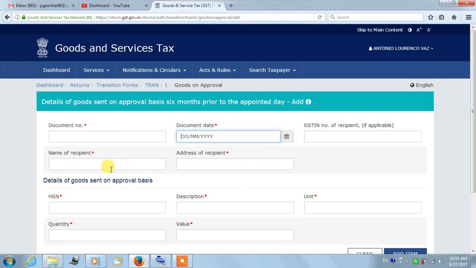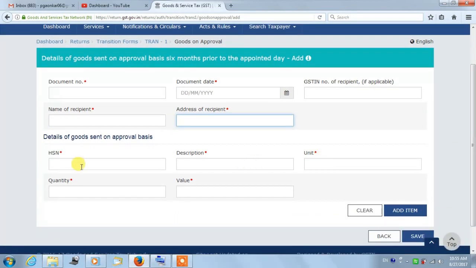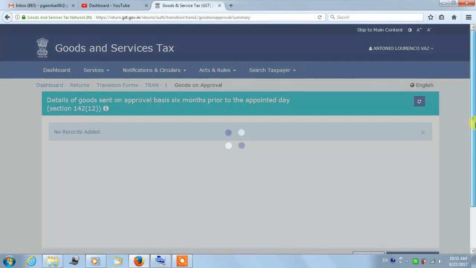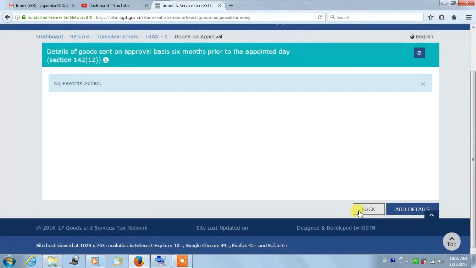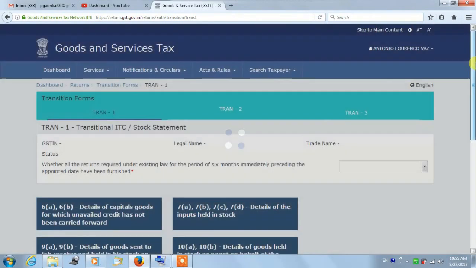They are also required to mention the name and GSTIN number of the recipient to whom goods were sent. We also require to fill the details of such goods HSN code wise, then description of goods, unit, quantity, and value. After filling all details in the above form,